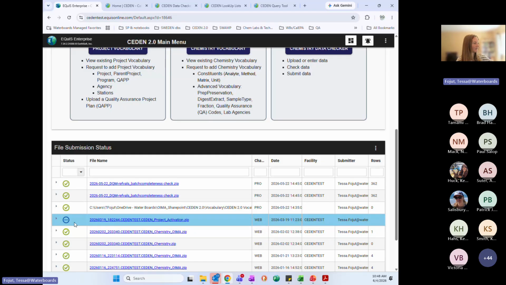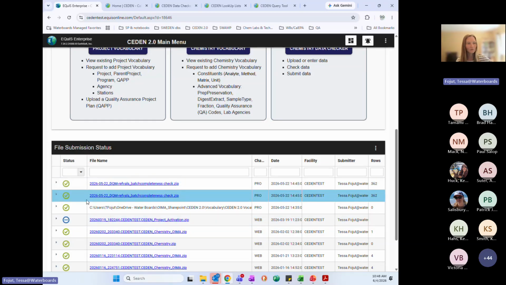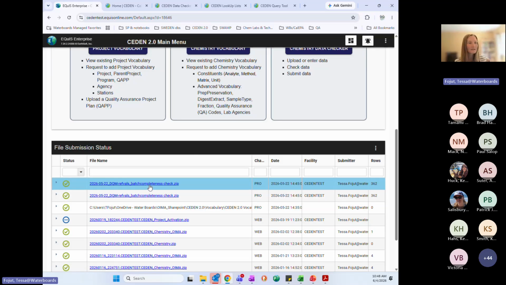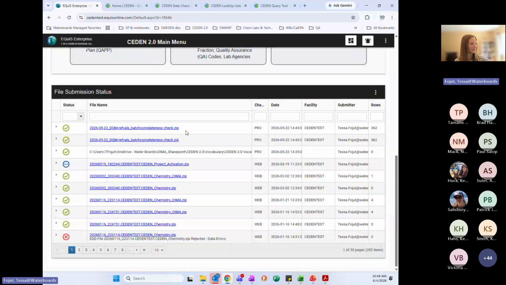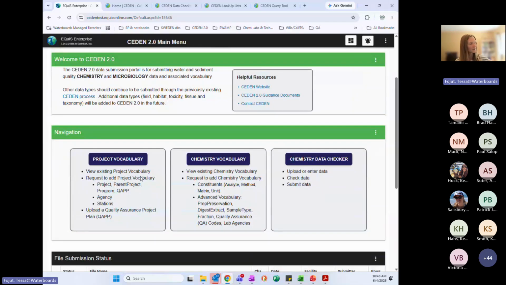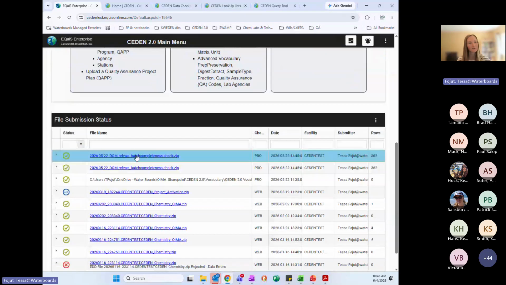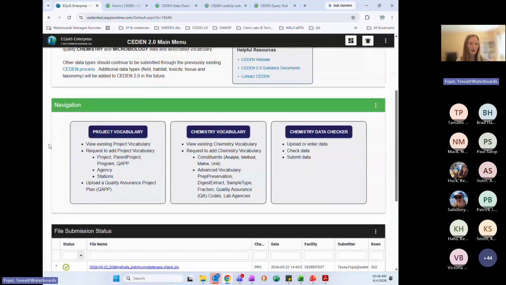And then once it gets either approved or you successfully submit your data, it'll have the green check mark. So hopefully this is helpful. You can track everything you've done in this system, and if you click on it, you can download that file. So you have a place for keeping all your records.